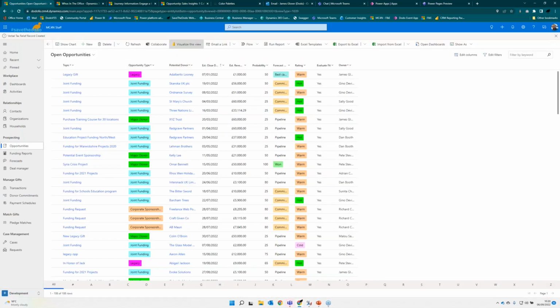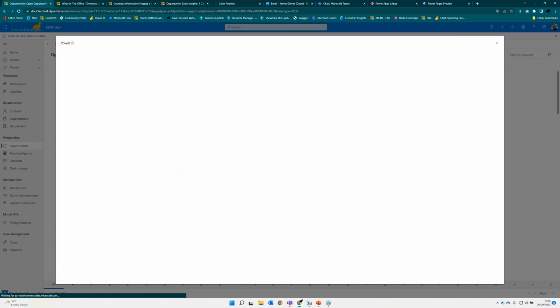Everywhere throughout the system now, once it's turned on, you get the visualize this view. And the nice thing with the visualize this view is it removes the need for anybody understanding any of the plumbing. It also means people can use Power BI free licenses and they don't need a Pro license. So if a user just wants to go in and have a sniff around the data, understand it a bit,